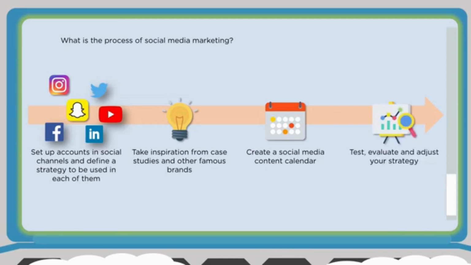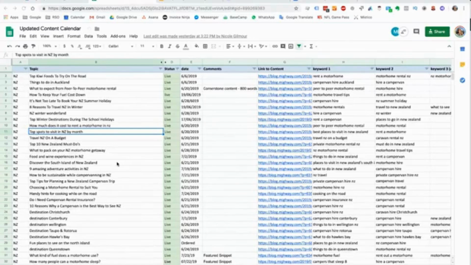And then again, you want to be able to test, evaluate, and adjust your strategy because you're getting metrics. And if you post a video on Facebook and it's taking off, meaning in terms of likes and shares, you probably want to consider doing another one that complements that. So here's a broad example of a content calendar. Again, it's in a spreadsheet. Again, by no means does one size fit all, but just to give you an idea, if we're blogging,